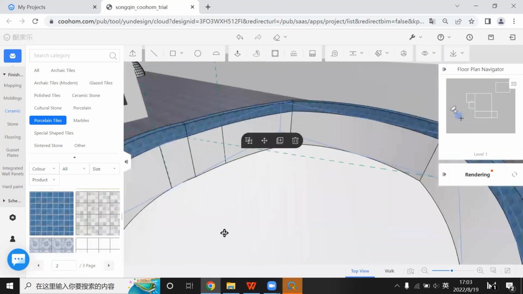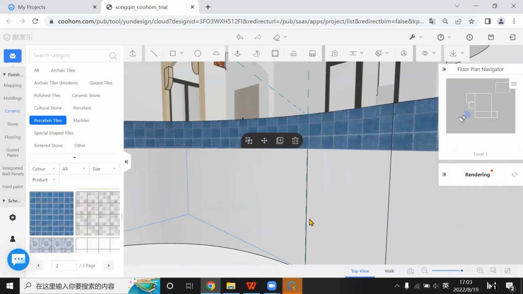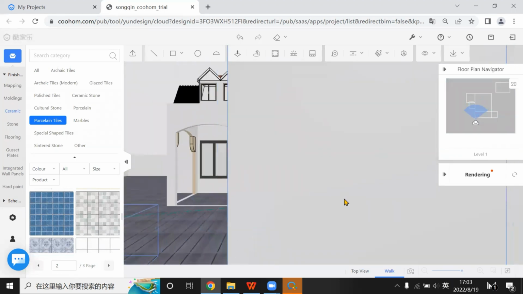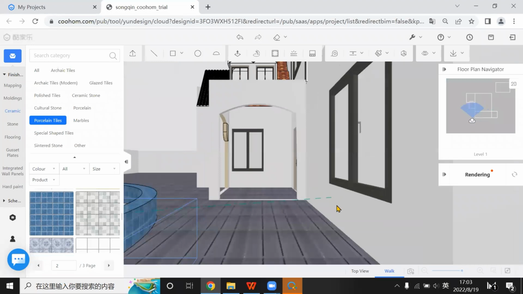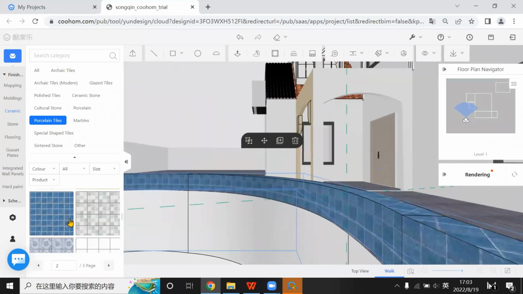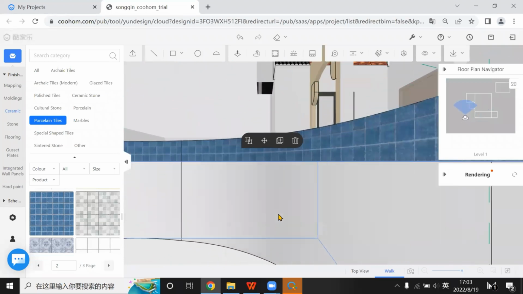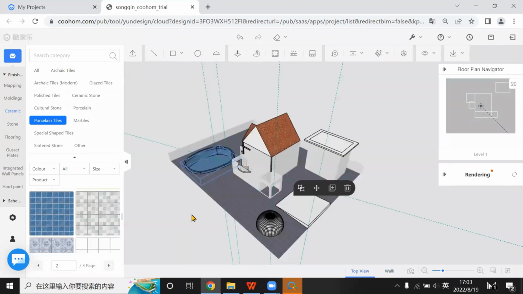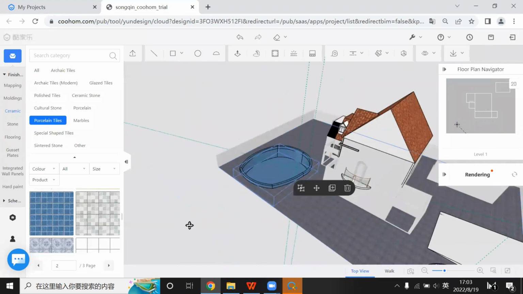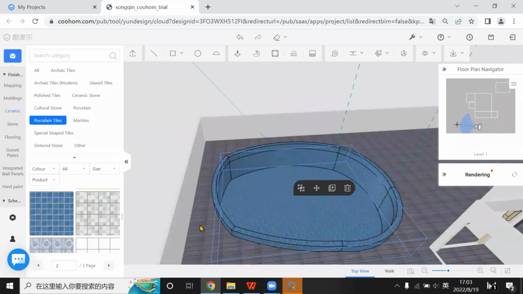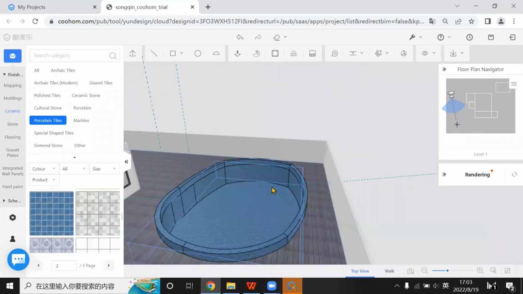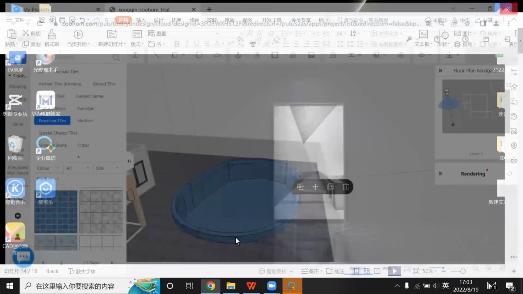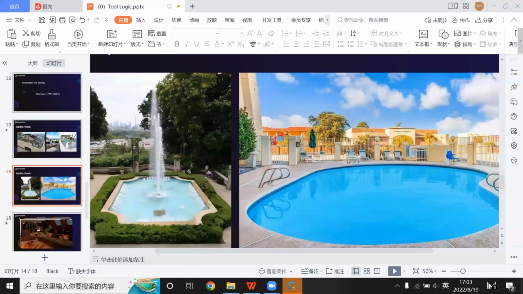If you can't put or move, use the walk to move. You need to move downward to put, and in top view. Now you can have the swimming pool, but of course you might think you still need a water. So the water, the final thing, comes about the water surface, and you can put,